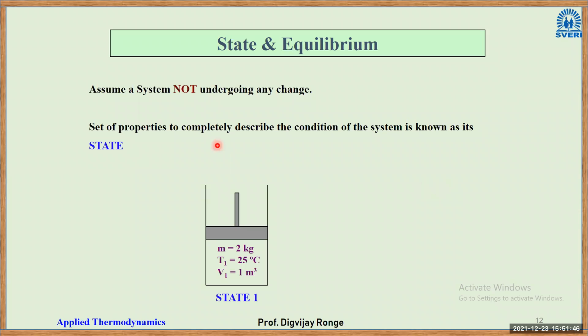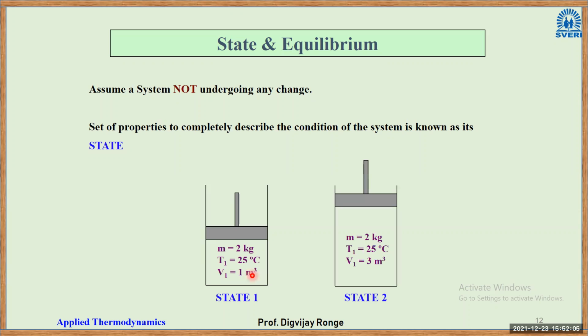So this is, again, an old example. There is a cylinder, then there is a piston, and inside there is a gas. Now in state 1, the mass is 2 kg, temperature is 25 degrees Celsius, volume is 1 meter cube, okay? Now in state 2, this expansion takes place. Yesterday I told you, these two processes will come in your life again and again, compression and expansion. Whenever there is an increase in volume, it is an expansion. Whenever there is a reduction in volume, along with an increase in pressure, that will be compression.